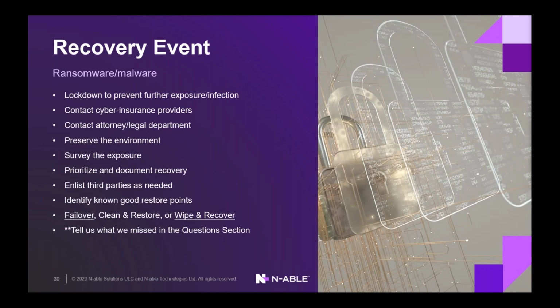In a ransomware or malware type of event, you're going to want to recover a little bit differently. Using the right tool for the job, obviously. So if you can restore files and folders, or a directory, or a volume and application, that's great, if it makes sense for the type of data loss. One of the first things, though, you're probably going to want to do is lock down the environment to prevent further exposure or infection. If all the machines have not been compromised, you don't want this to run rampant across the rest of the network or compromise you as you're working on coming in and trying to resolve the issues